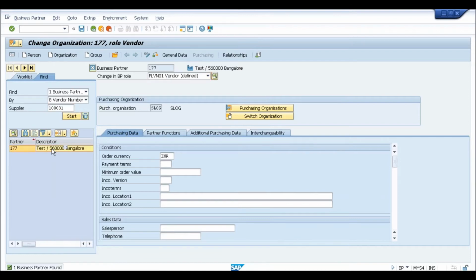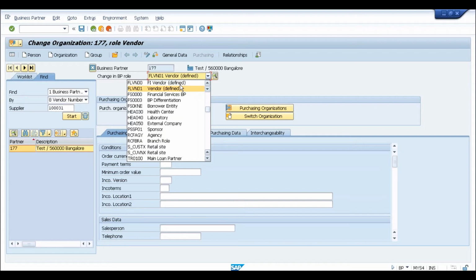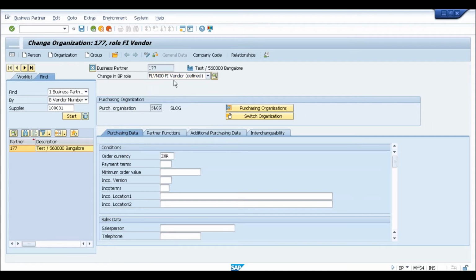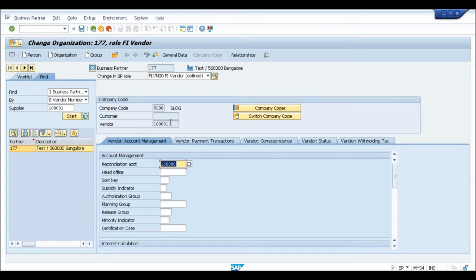If I click on start, you can see the data is available here. This is the vendor that we will be using for our transactions. FI vendor, I can see the vendor number from here. If I go to company code data, this is the vendor number.